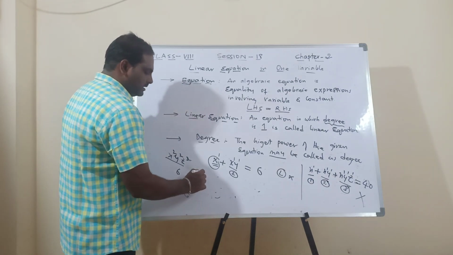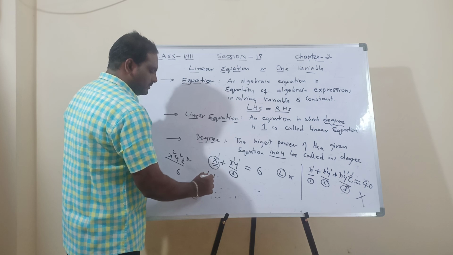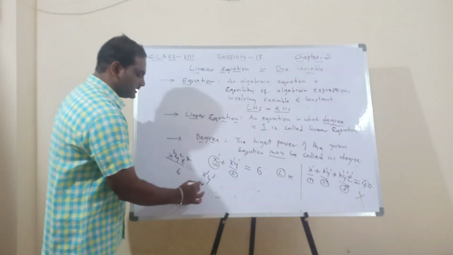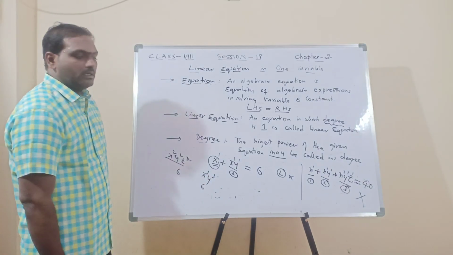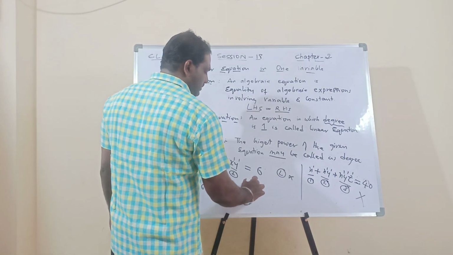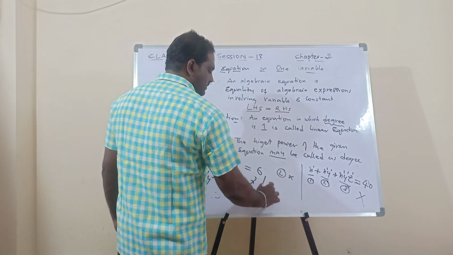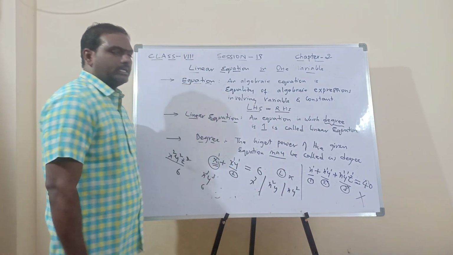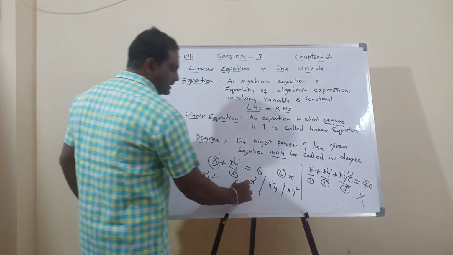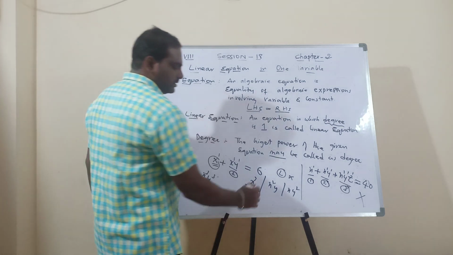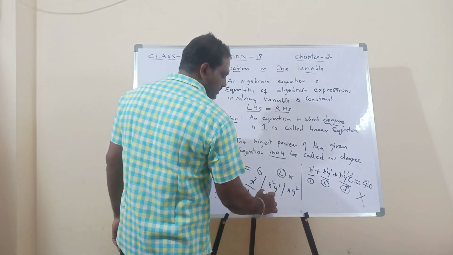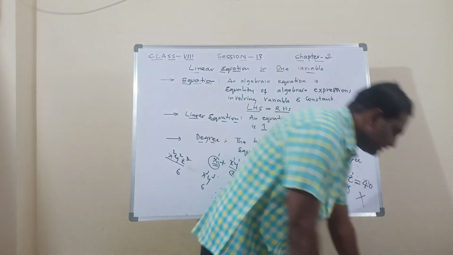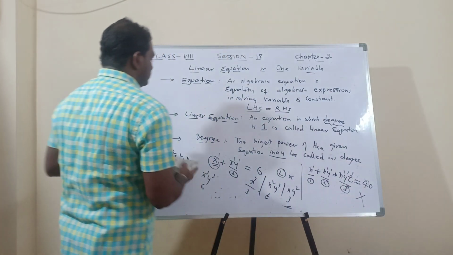Okay. Next, x cube y cube. What is the degree of this? Don't say cube, 3. So it is also 6. And don't say 9, 3 into 3. Okay. Now look at this. x cube, x square y, x y square. Can you tell what is the degree? Yes, here it is 3. Here also 3 because 2 plus 1. Here also 3, 1 plus 2. Okay. So this is the way to find out the degree.